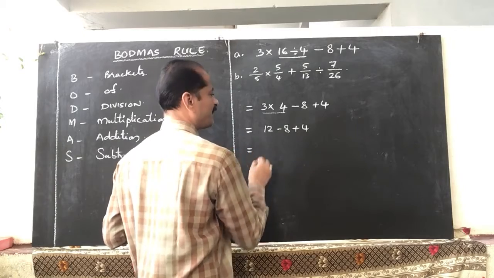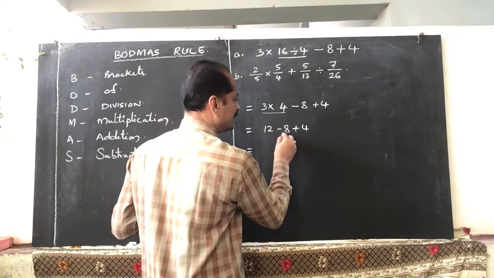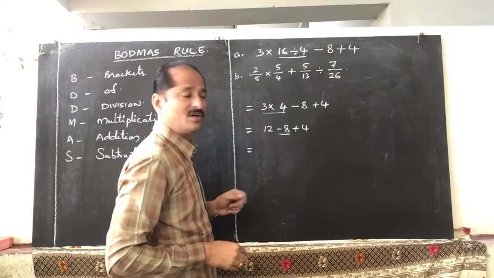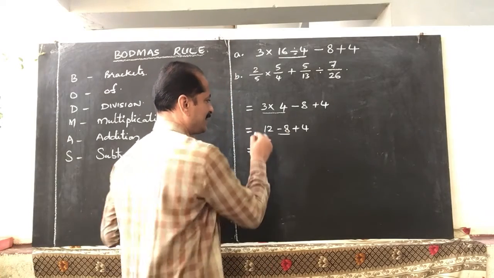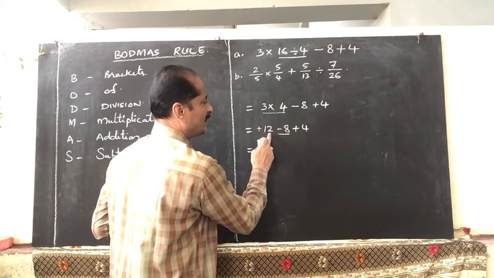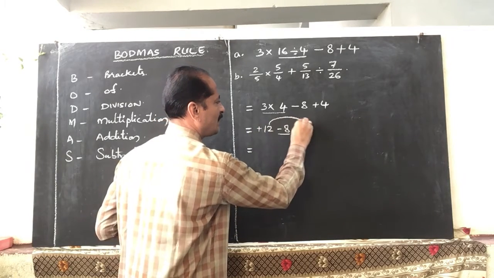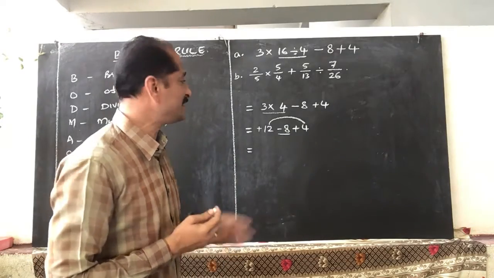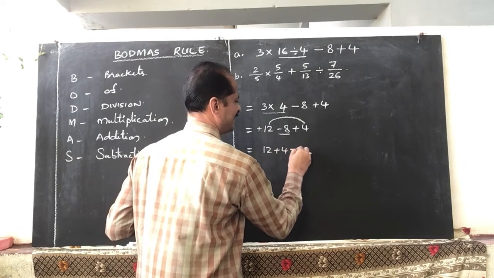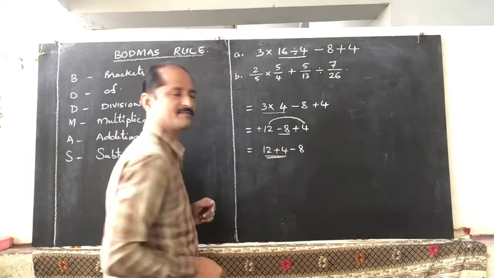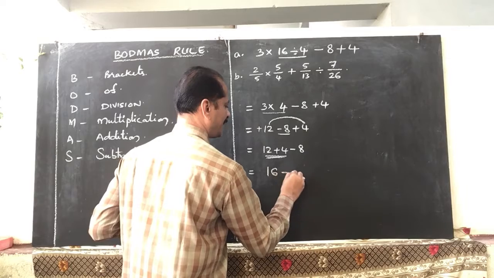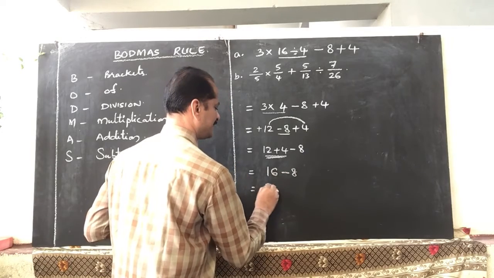Now afterwards you have to perform addition. Addition means actually 12 minus 8 plus 4. This means the 8 is minus 8, and plus 4 and plus 12. The absence of a symbol in front of this 12 means it is plus 12. And addition you have to perform on these two, 12 and 4. That means you have to rearrange this: 12 plus 4 minus 8. You perform addition first, then subtraction. So 12 plus 4 is equal to 16. 16 minus 8. At last, 16 minus 8 is 8.